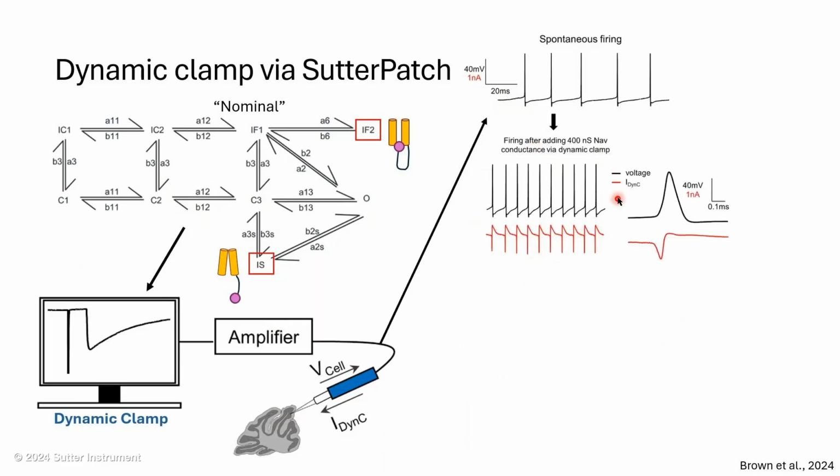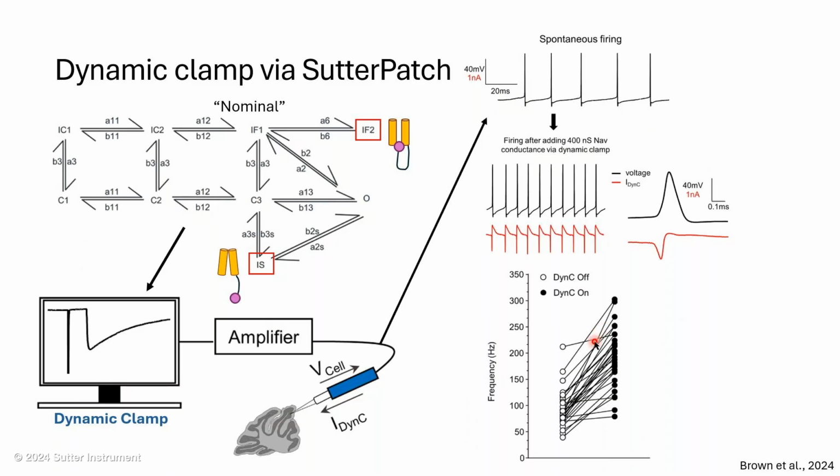So on top in black, we have our action potentials that we're recording from these real neurons. And then in red, this is the dynamic clamp mediated current that's being produced by this nominal model, our baseline model. And after we add this dynamic clamp current, what we see is a significant increase in firing frequency, which isn't all that surprising because we're adding a depolarizing current on top of cells that already have this current. So we're just increasing the current, which increases the firing frequency. But this allows us to really look into how firing frequency changes if we change properties of our model, which then changes properties of the current, right?